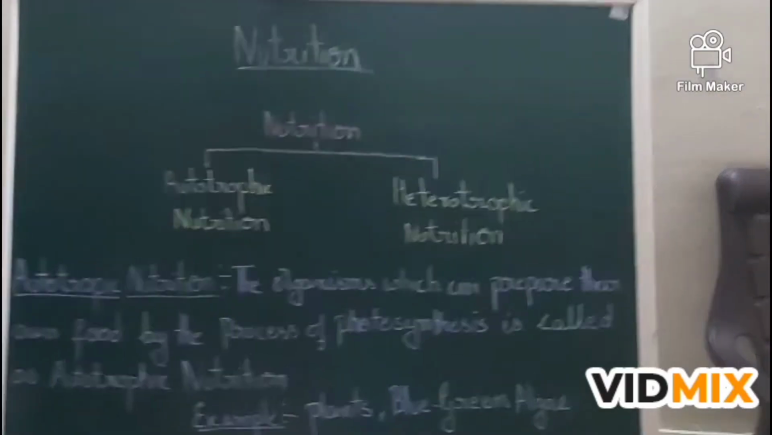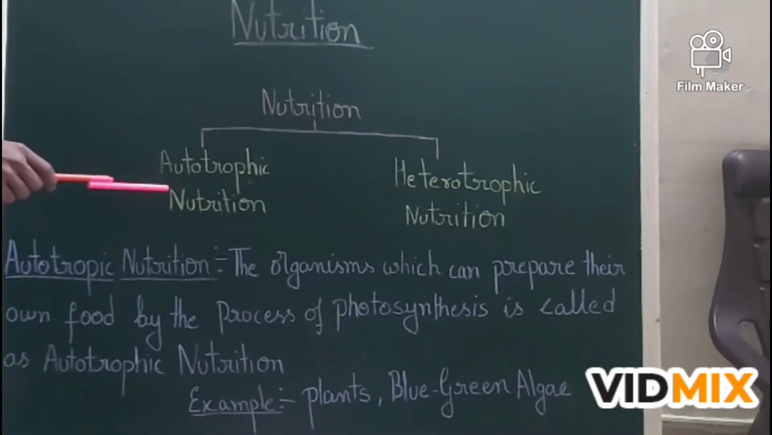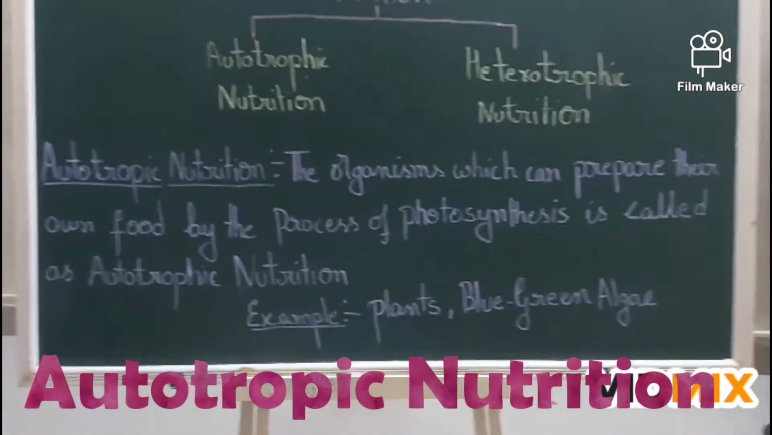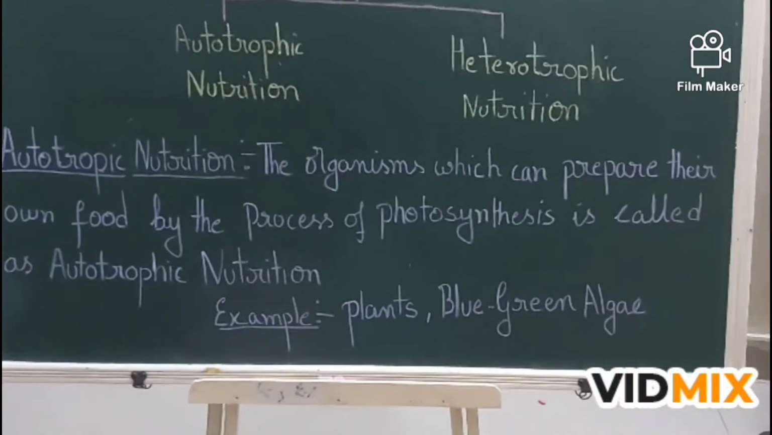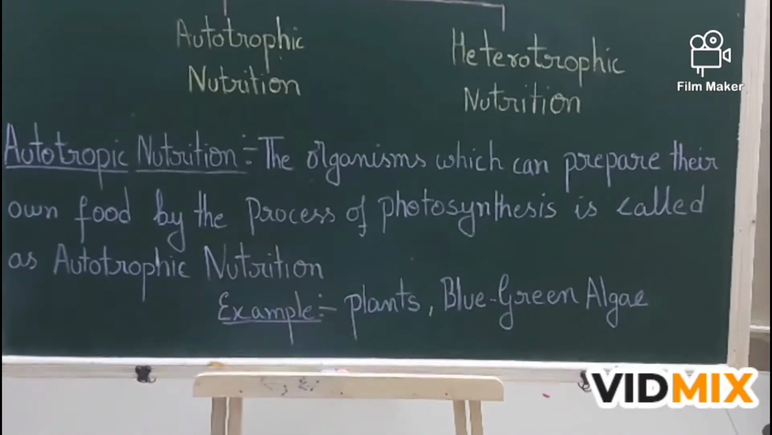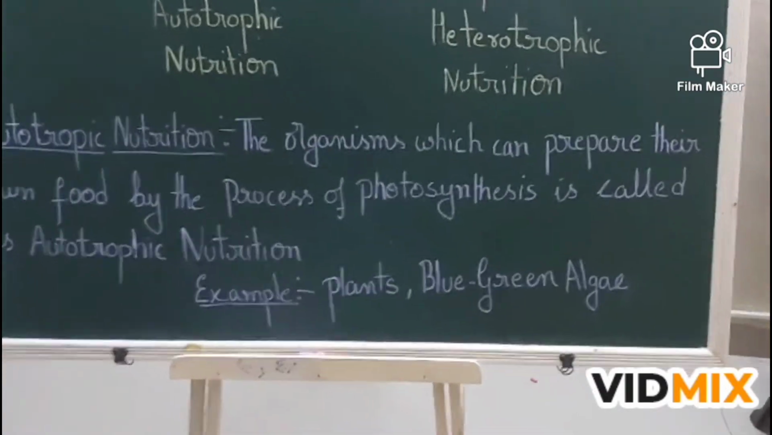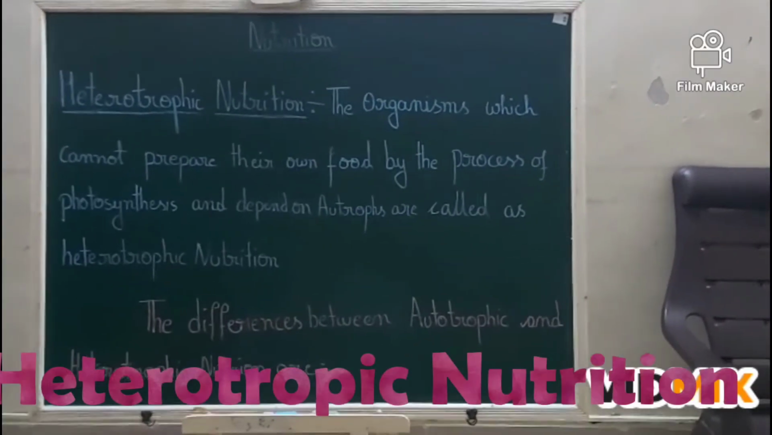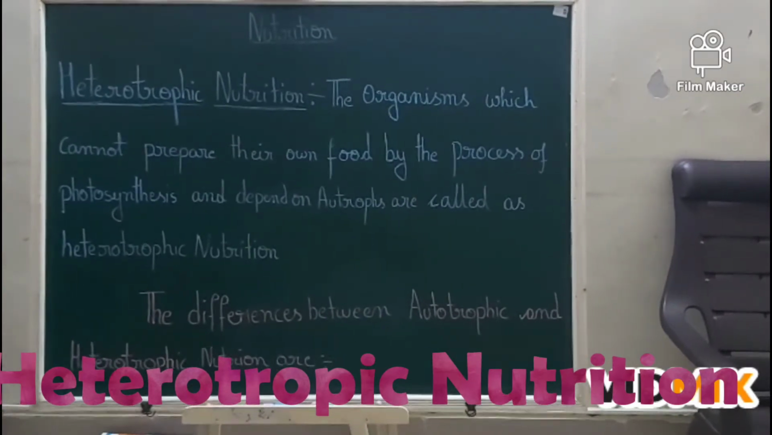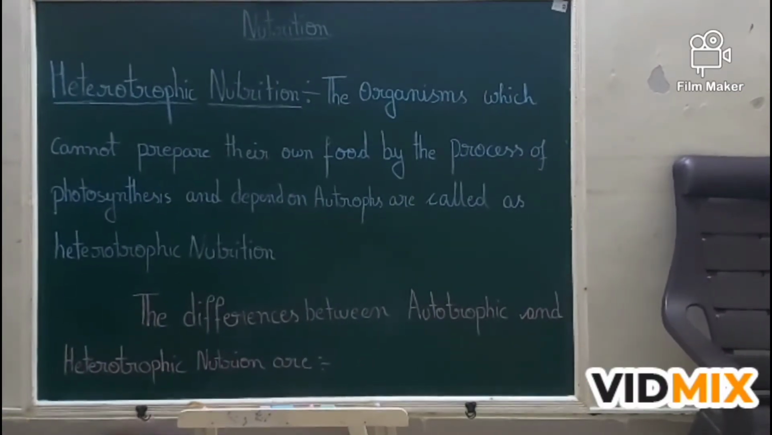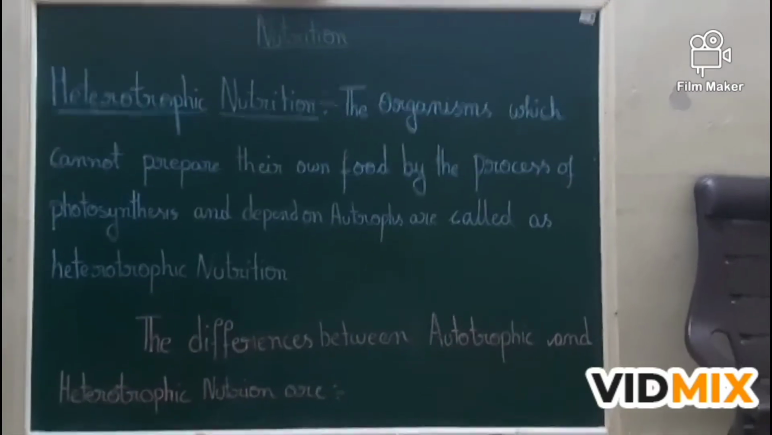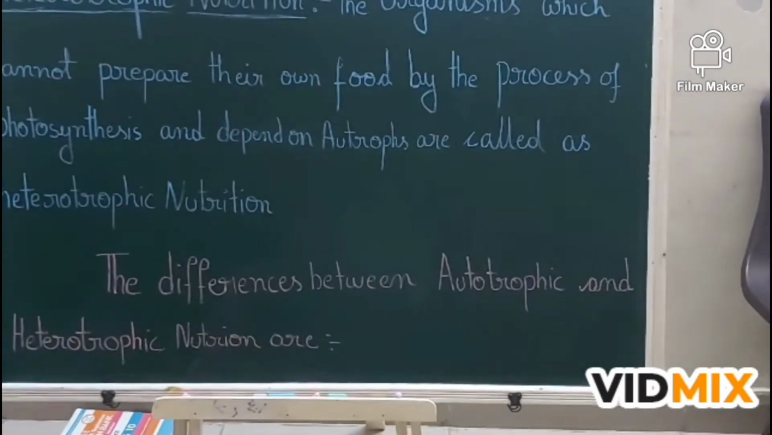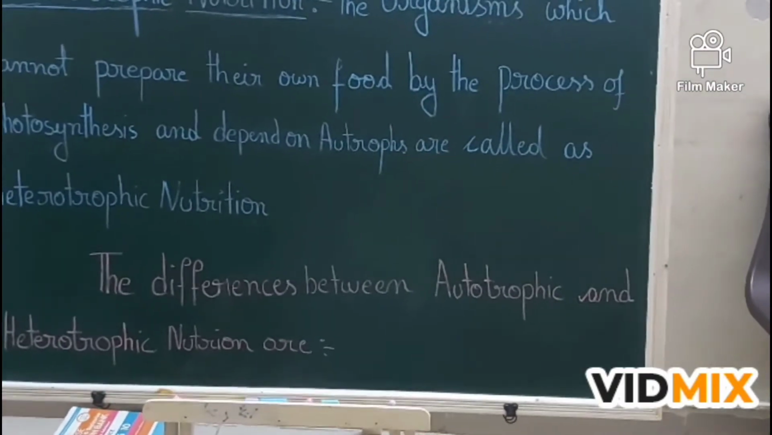Nutrition is subdivided into autotrophic nutrition and heterotrophic nutrition. Autotrophic nutrition. The organisms which can prepare their own food by the process of photosynthesis are called autotrophic nutrition. Example, plants, blue-green algae. Heterotrophic nutrition. The organisms which cannot prepare their own food by the process of photosynthesis and depend on autotrophs are called heterotrophic nutrition. The differences between autotrophic and heterotrophic nutrition are: